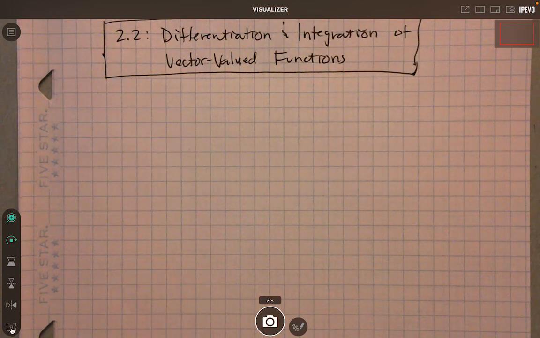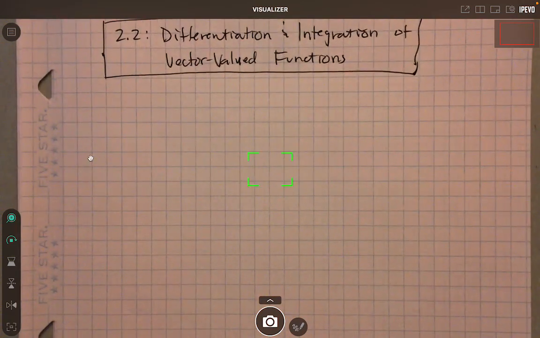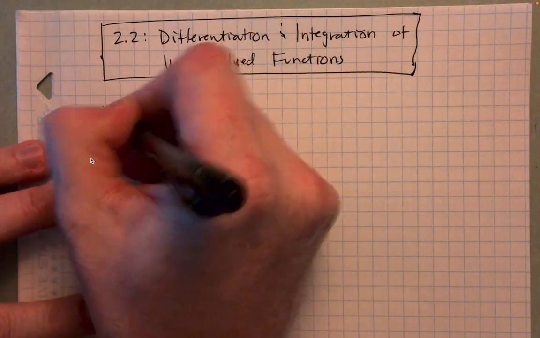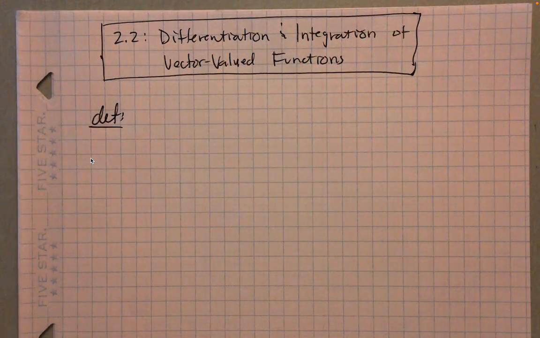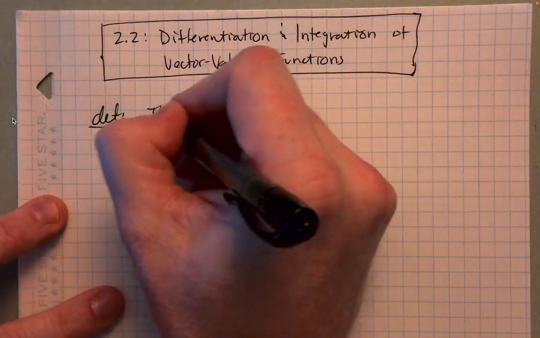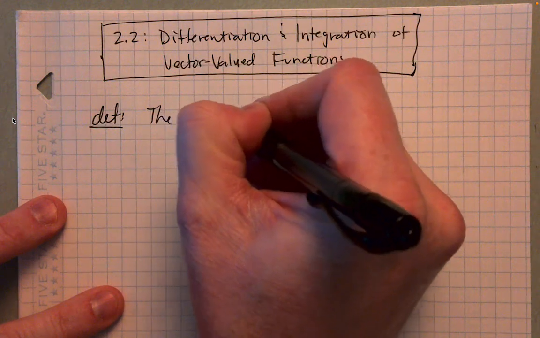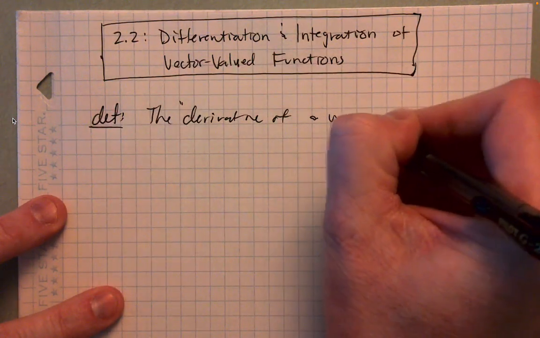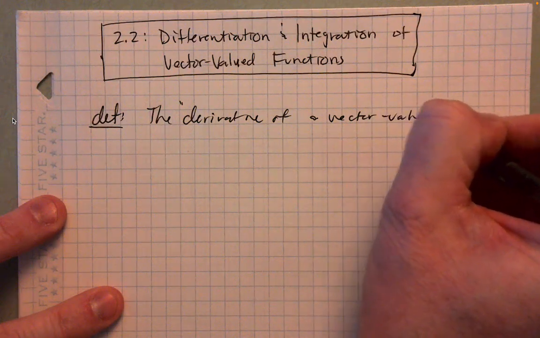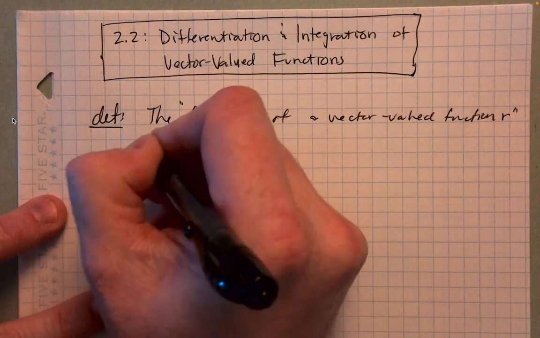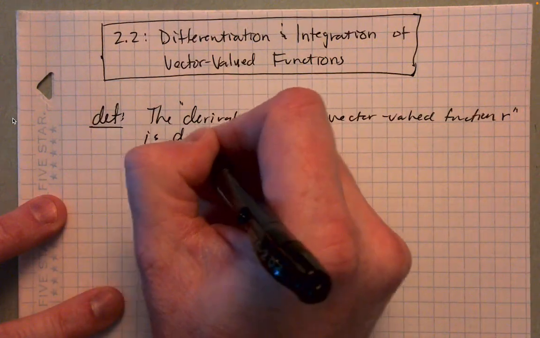And so what we'll start with is a definition of differentiation for vector-valued functions. So we'll naturally start with derivatives, just like we did with real-valued functions. So let's define this. The derivative of a vector-valued function R is defined by,